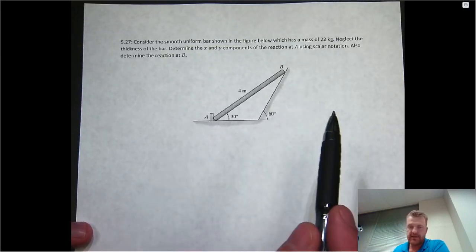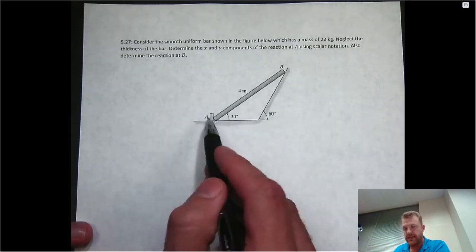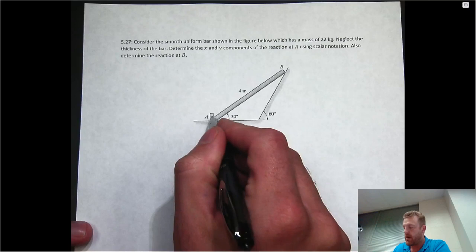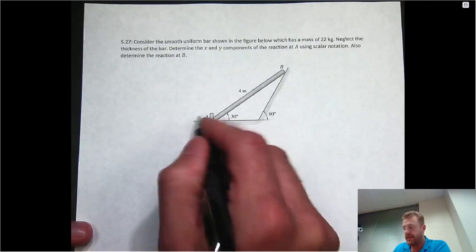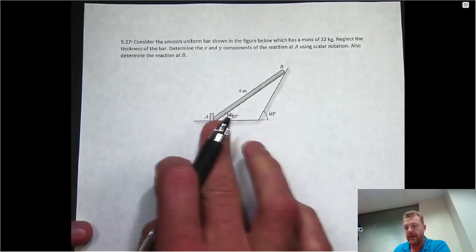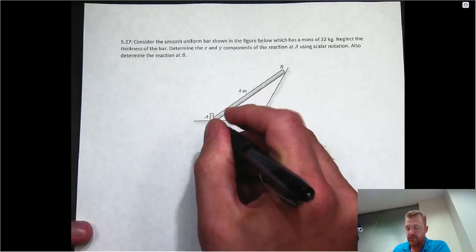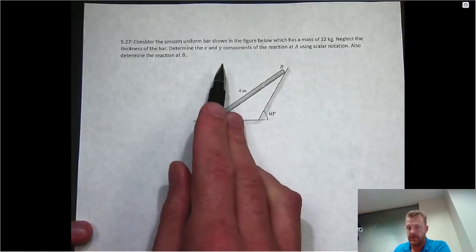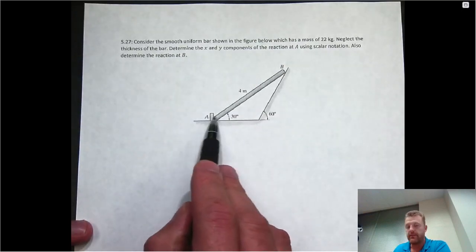So again, the book is kind to us, and it doesn't make us think about the type of reactions that each of these points of contact the bar has with its surroundings could support. But if you just think about where the bar is making contact at A, notice because of this little stub, it has the capacity to stop it from moving left to right. In addition, when the bar is in contact with the ground, there will always be a normal force. So that normal force that the ground is exerting up on the bar is where the y component of the reaction is coming from at A, and the x component is coming from this little stub